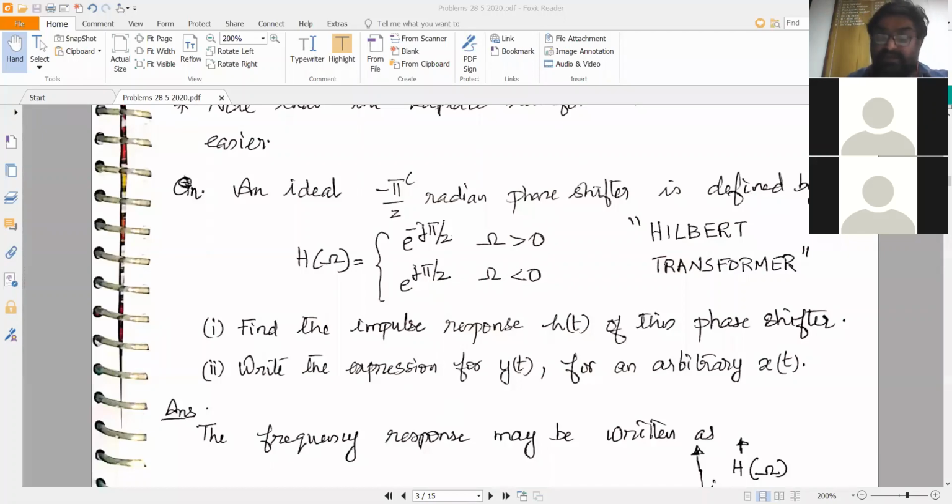So this you call a Hilbert transformer. This is very important. You will see this in greater detail in the coming semesters. You will hear more about this when you discuss digital signal processing, and about the Hilbert transformer when you talk about digital communications. What the Hilbert transformer does is it shifts, or delays, all the frequencies by 90 degrees. So therefore the phase response is minus pi by 2 radian for